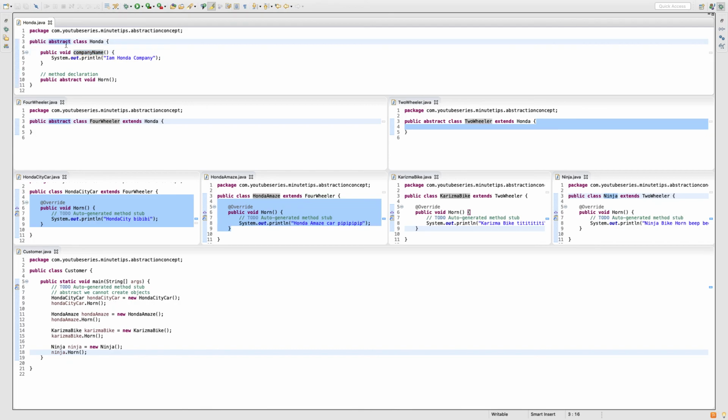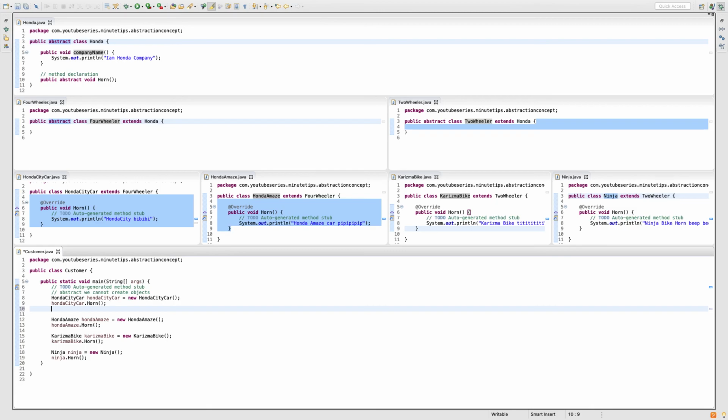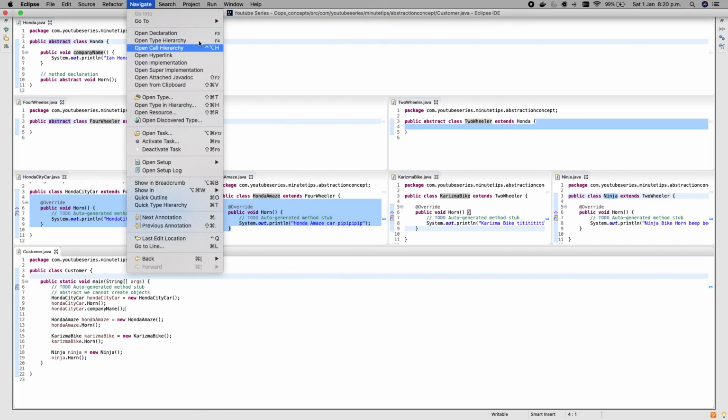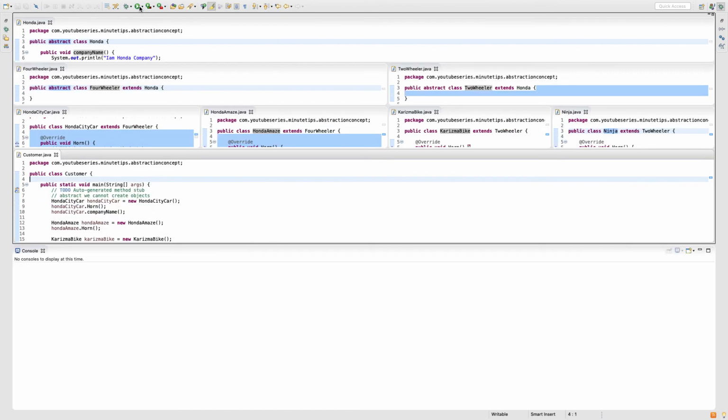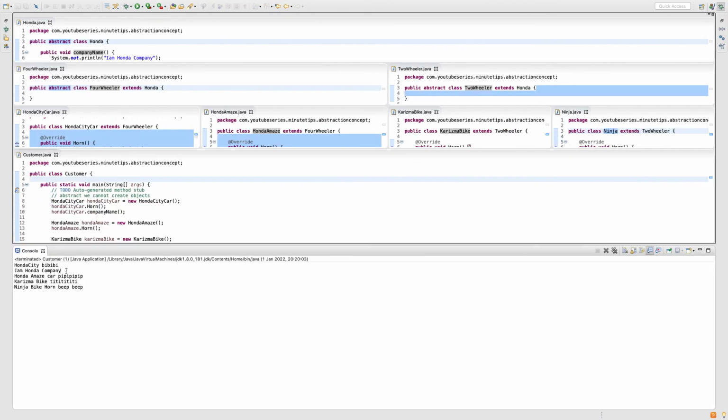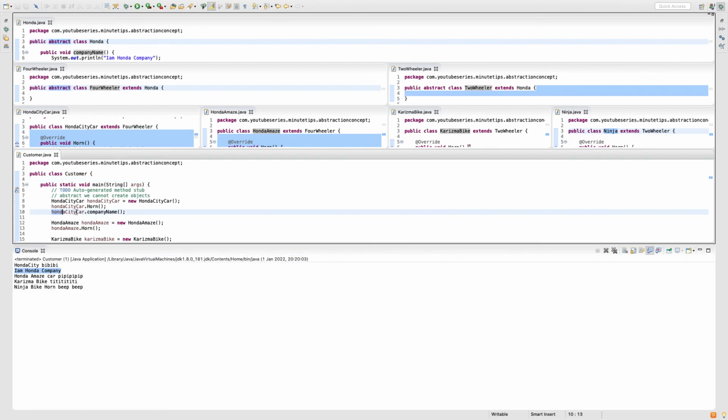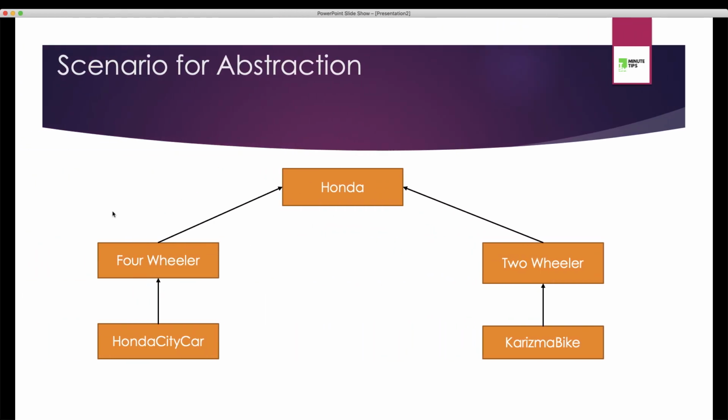Remember, I cannot create an object of my Honda class because it is abstract, but I can create objects of my child classes. So let's say my Honda City car class can call my company name method. Similarly Honda Amaze can also call, Charisma can also call, and Ninja can also call. Let me just quickly run it, and you can see in the output, I am Honda company, because my Honda City car class object is calling that method. I hope the concept is clear.